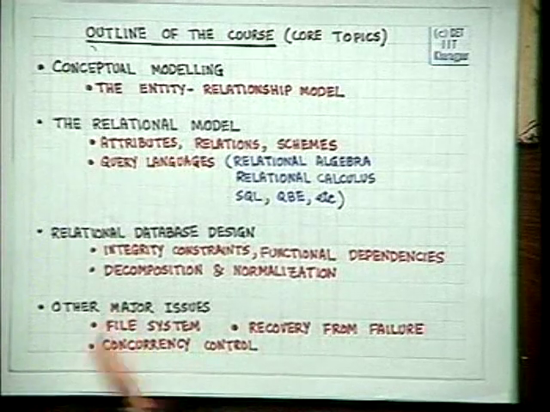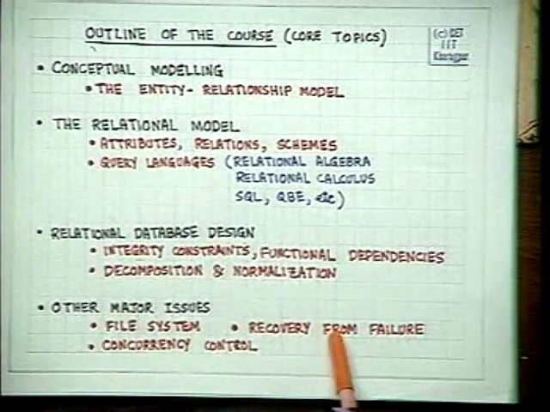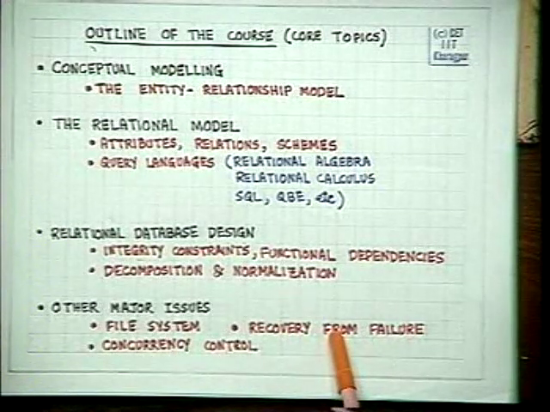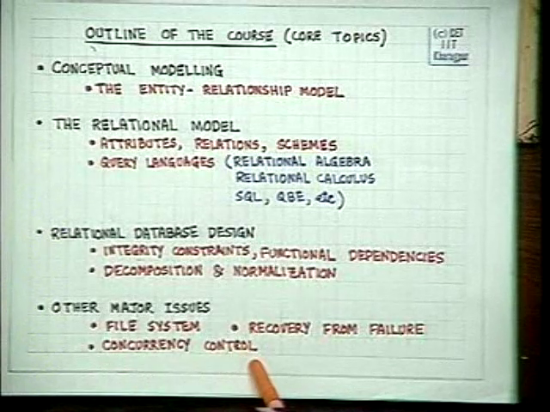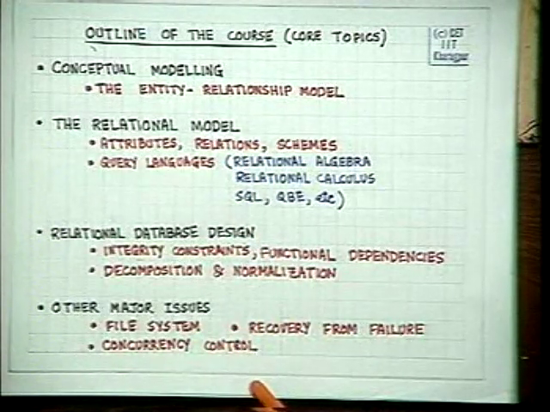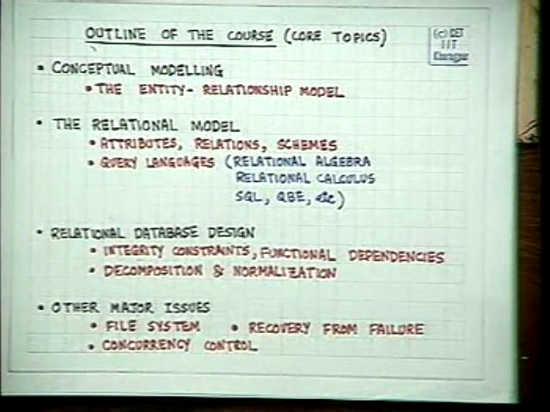The other major system related issues are the file system. What is a file system? What does it look like? How is recovery from failure handled? That is crash recovery. What are the methods provided to handle crash recovery? And how do we handle concurrency control? Once we cover these core topics, we may then go into the advanced topics. So today we will end the introduction part of this database management